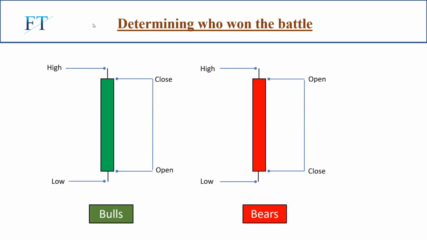Now let us understand the basic formation of these candles. This candle tells us that the upper shadow of the candle is the high and this is the low, and these highs and lows are formed based upon the buy and sell orders that traders send to the market based upon the time frame. So if it's a green candle, it opens somewhere here and it closes somewhere here, and that forms the body of the candle. And the range of this entire body of the candle tells us